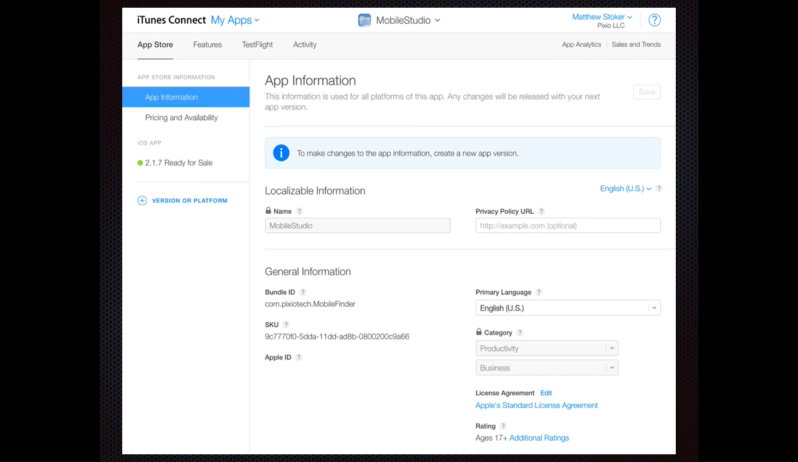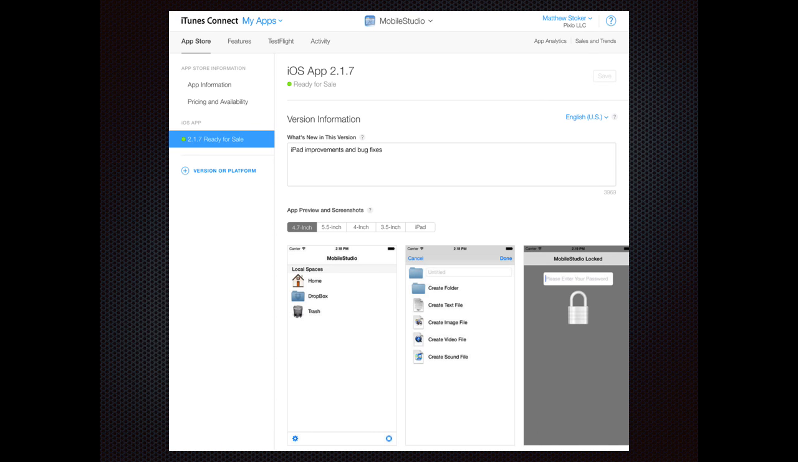So once you've created that application definition, you then start putting in information about the application. The name will be populated, of course, and so will the bundle identifier and SKU. But you can do things like set the application's category, put in a privacy policy for how you use any of the user's information, as well as talk about pricing and availability. One of the things that you add here is